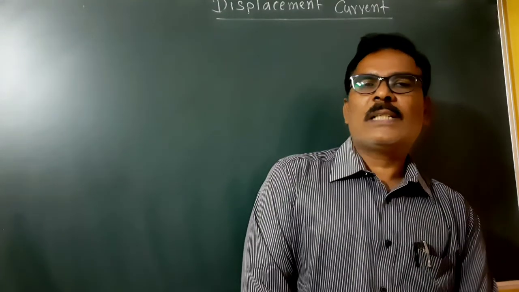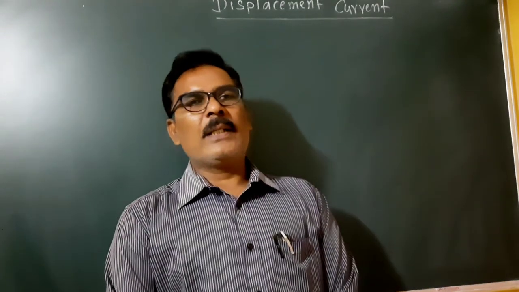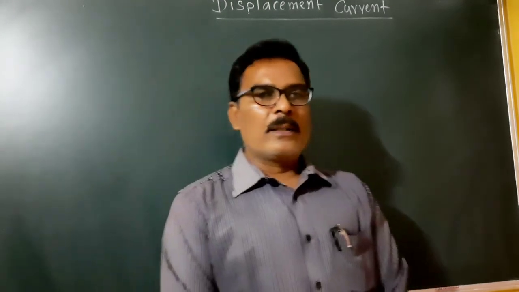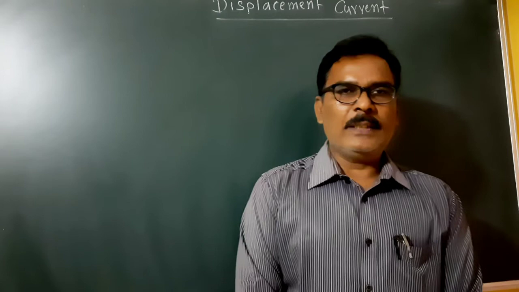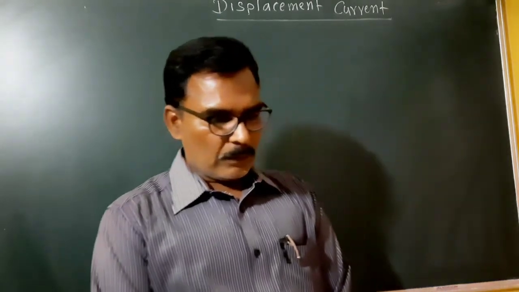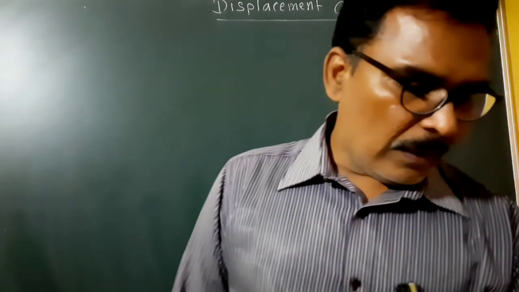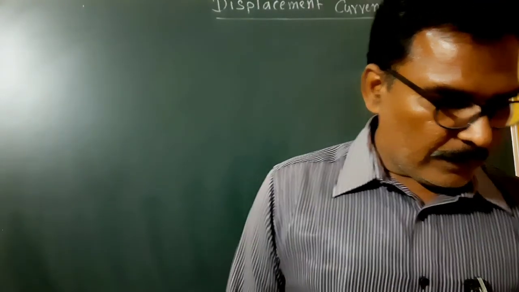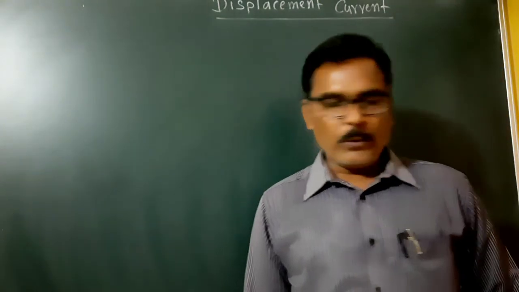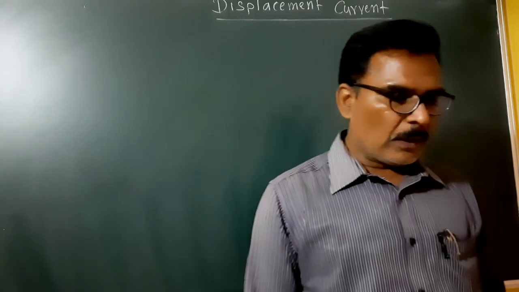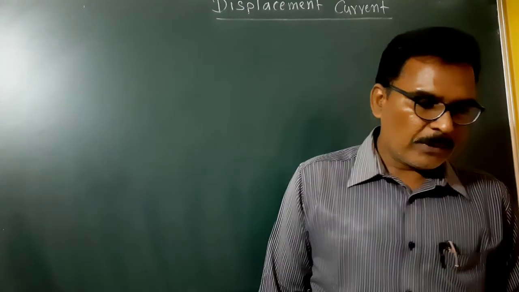So this article is very important. Many times a question is asked on it: explain displacement current for 4 marks, or derive Maxwell's fourth equation, that is curl of H bar is equal to J bar plus dou D bar by dou t. This is the equation we are going to prove here. Now Maxwell changed the definition of the total current density to adopt the equation of continuity.